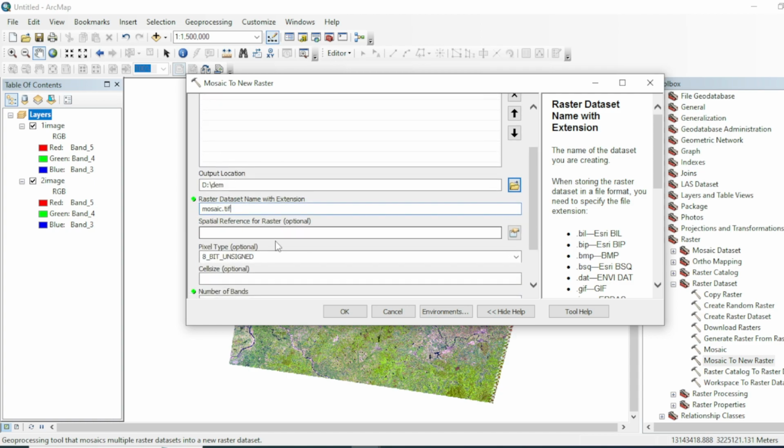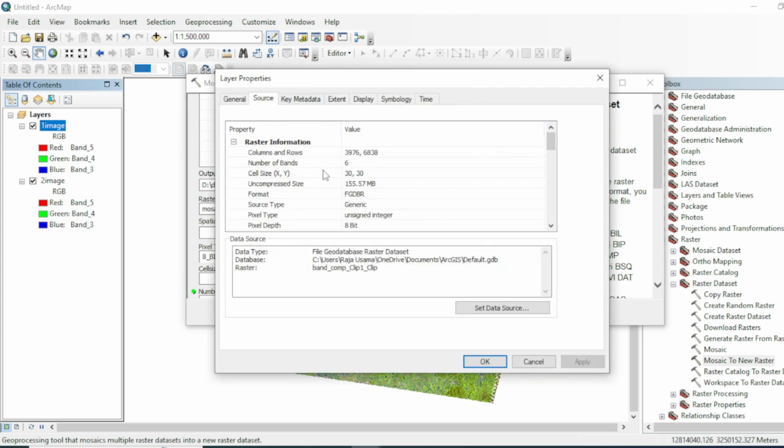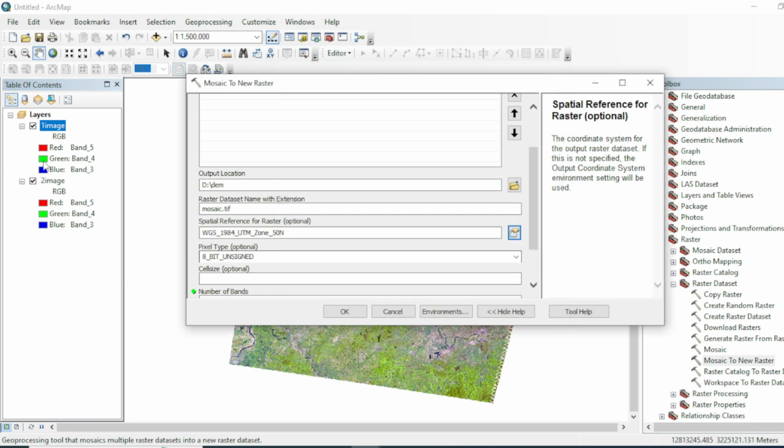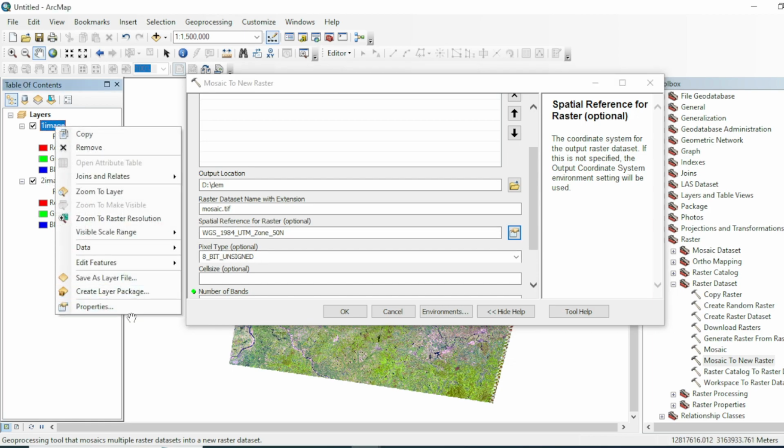and then the spatial reference of the raster dataset. Let's go to its properties and then go to its source and check its raster, that is UTM zone 50 north. So go here and select UTM zone 50 north,